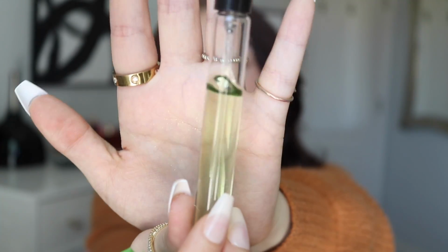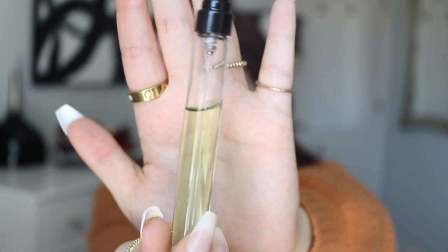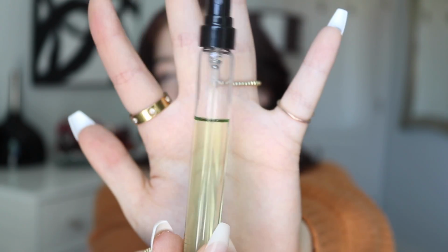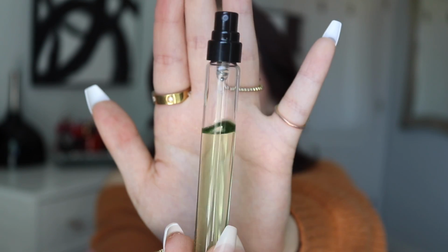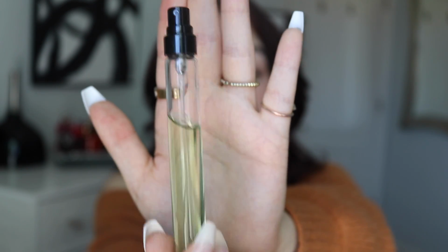I think it's very bright and very fun, but I just wanted to show you how much juice I've used, and I've only used it about 2-3 times all over. So it's not like I'm going really light on these wear tests. Like I've told you before too, sometimes I do get a bigger bottle, and obviously I feel like it does do way better. You can overspray it, whatever. I like it enough to overspray it, but I really do want to let you guys know in terms of